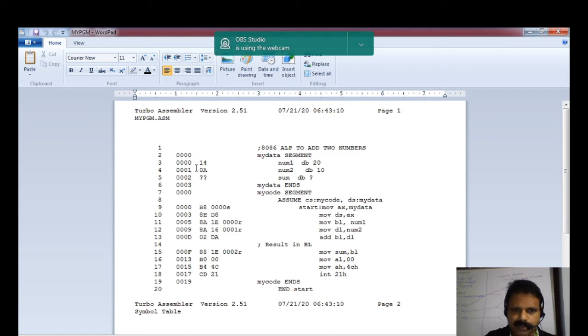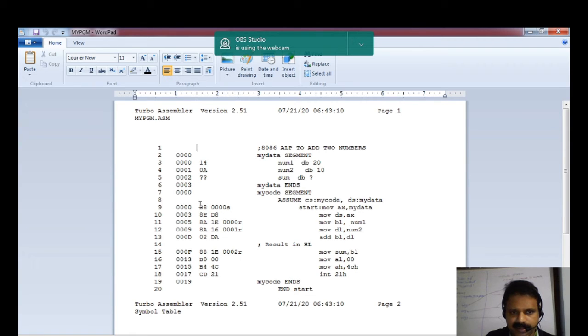In this program, your data got the addresses 0000, 0001, 0002. And here the code starts at address 0000, then 0003, 0005, like that. The first instruction took 3 bytes.